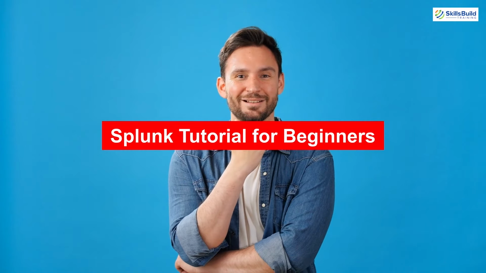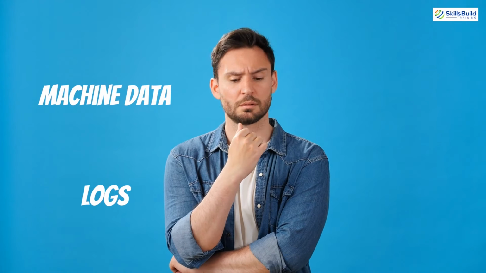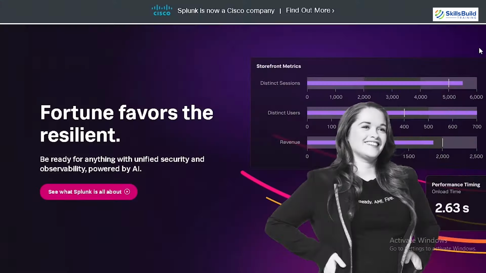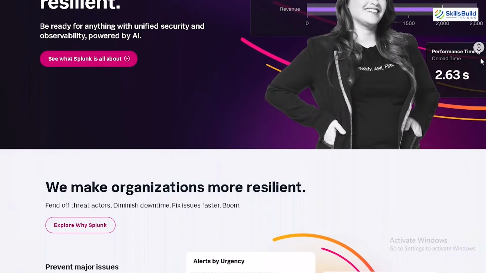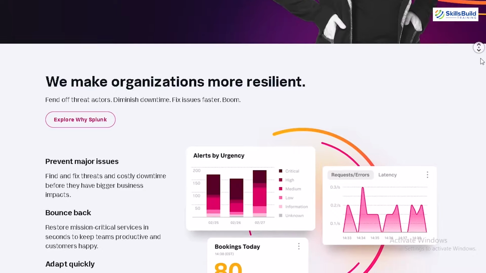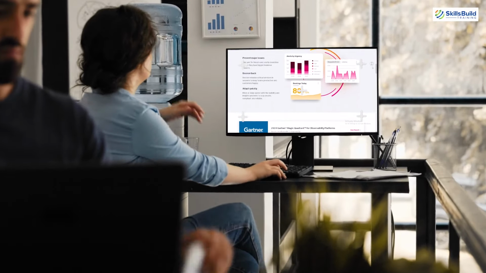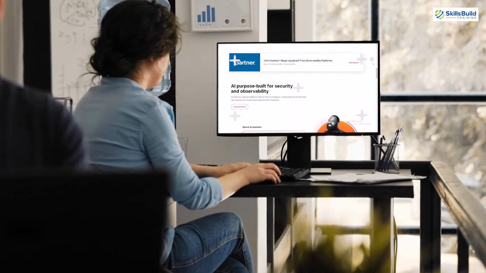Welcome to this Splunk tutorial for beginners. If you've ever felt overwhelmed by machine data, struggled with logs, or wondered how to monitor your systems effectively, you're in the right place. Today, we're diving into Splunk, a powerful platform that transforms raw data into actionable insights. Whether you're an IT professional, a security enthusiast, or simply curious about unlocking the potential of machine data, Splunk is